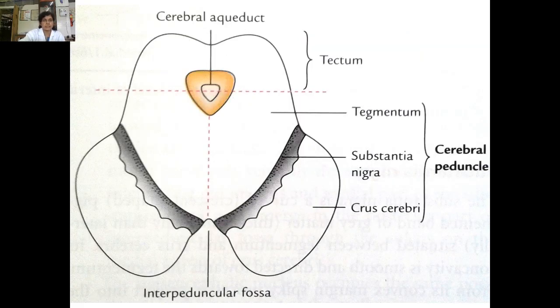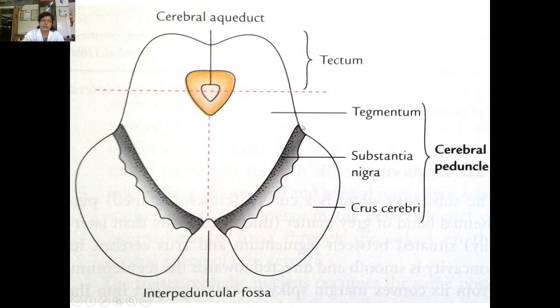When we take a transverse section of this midbrain, the main prominent feature in the dorsal aspect is the presence of the cerebral aqueduct, and the cerebral aqueduct is nothing but the cavity of the midbrain. A transverse line drawn through this cerebral aqueduct divides the midbrain into a posterior part and an anterior part. The part which lies dorsal to this line is called the tectum, and this tectum is occupied by the superior and inferior colliculi.